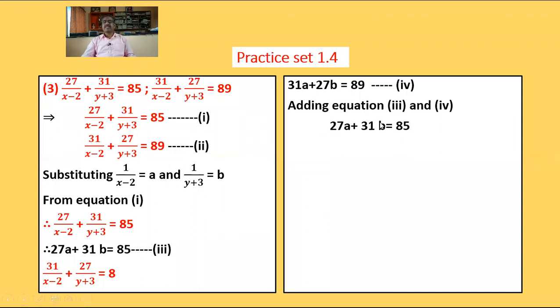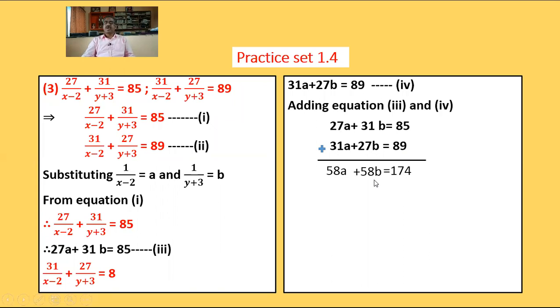First, adding equations 3 and 4: 27a plus 31b is equal to 85, 31a plus 27b is equal to 89. Adding these two equations, 27 plus 31 is 58, so 58a plus 58b is equal to the sum of 85 plus 89,